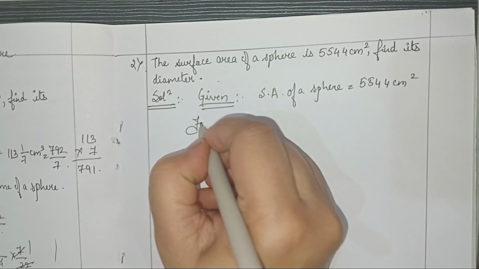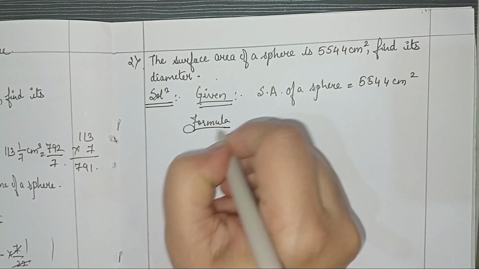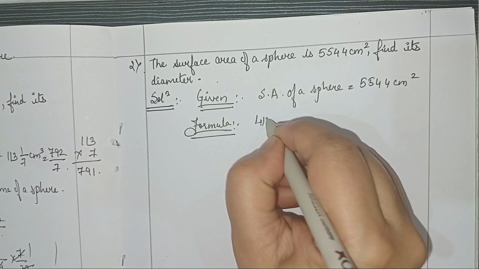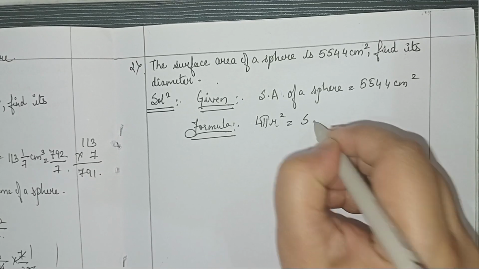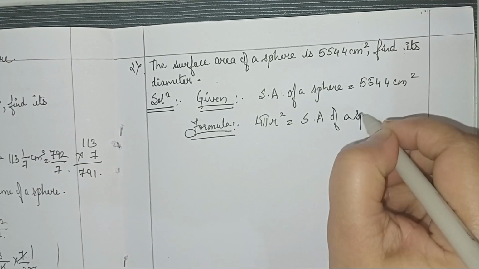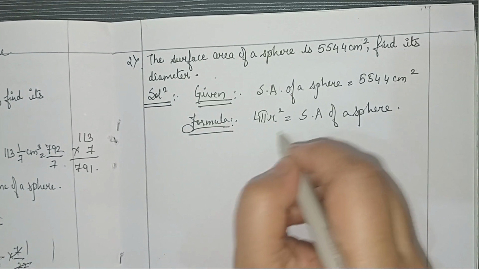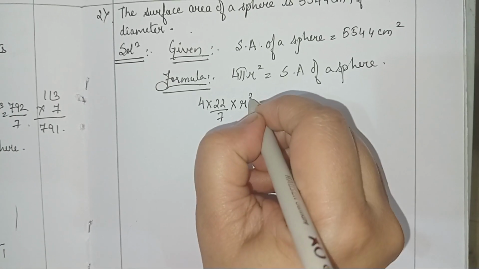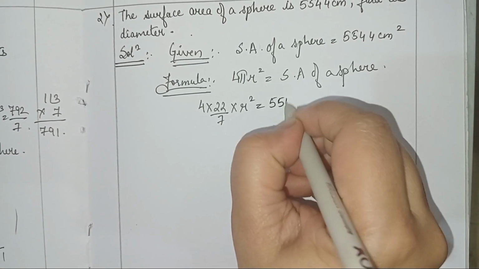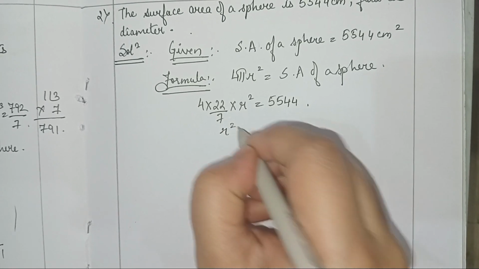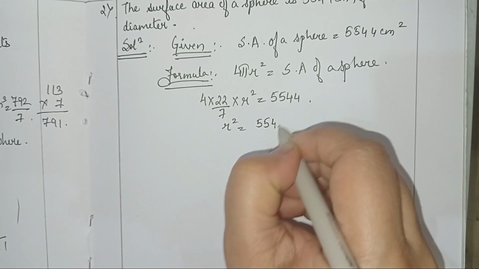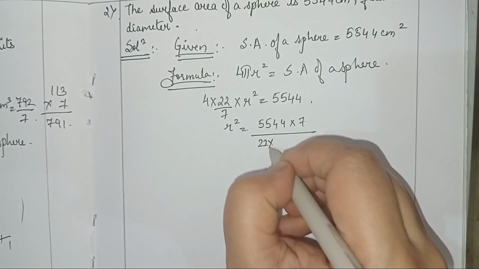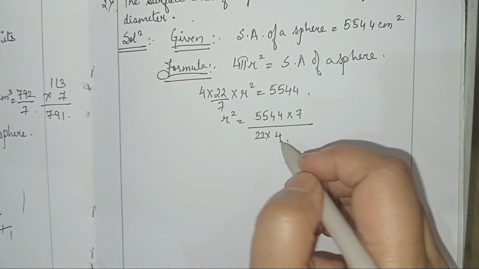So the formula is 4 pi r square is equal to surface area of a sphere. Simply 4 into 22/7 into r square is equal to 5544. R square is equal to 5544 into 7 over 22 into 4 will give you